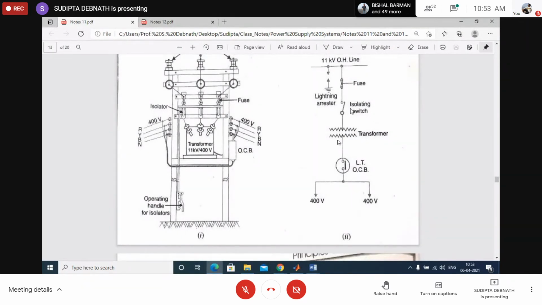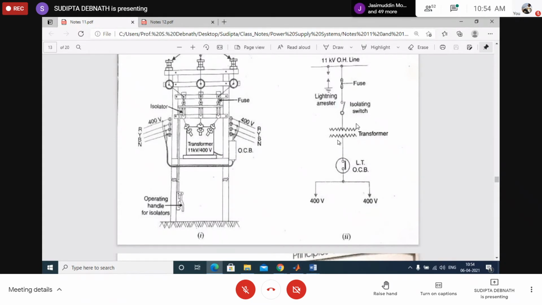So what happens? Suppose the circuit is in operation and we need to maintain some lines of the system. So what we have to do? We have to first operate the circuit breaker. Okay, circuit breaker is operated and after the arc is extinguished, we will be sure that yes, the full circuit is off. Then we have to open the isolator. Always it is recommended to open the isolator after opening the circuit breaker, because then only you can understand, yes, it is off, because double arrangement is there. Okay. So for safety purpose.